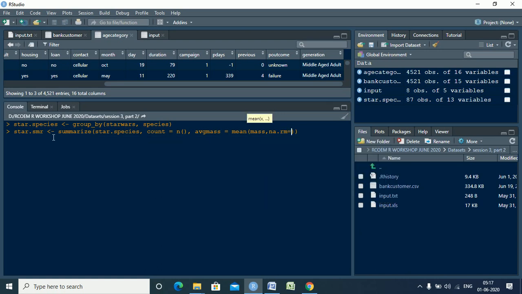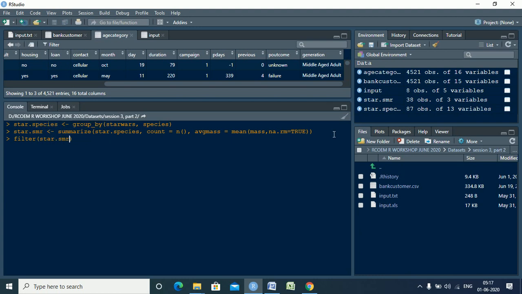Na.rm is equal to true, which means it will not consider the NA or missing values during the calculation of the mean, right? So in this case I want to summarize from the star species data set the count and the mean mass of the species. They will be stored in this new variable called average mass, and then just click enter, right? So this has been done. Now I want to filter and display only those species which have a count greater than 1. So I'll use the function filter.